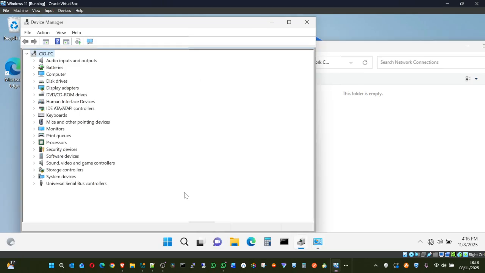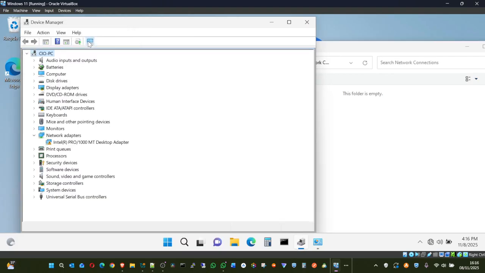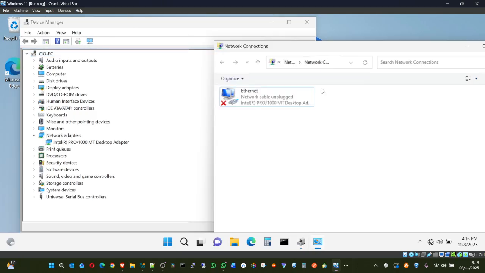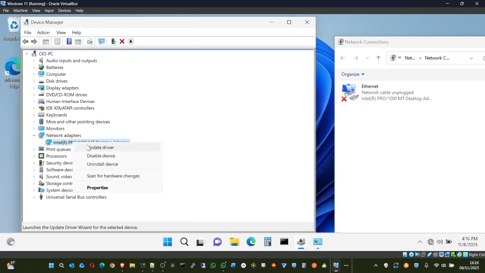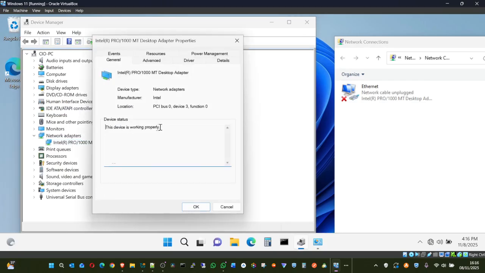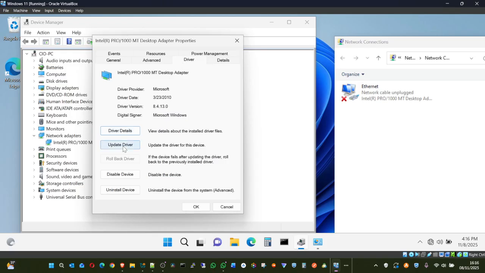So in that case, you may go to places like this and click on scan for hardware changes. Once you do that, you will see, oh okay, it has come up. There's a yellow icon in here. You can see it has come back automatically by itself. So one way or the other, you can do that. You can go to properties, and if there's an error in there, you will see the device is not working properly, a configuration error, this and that. You can see driver. You can also say you want to update the driver.